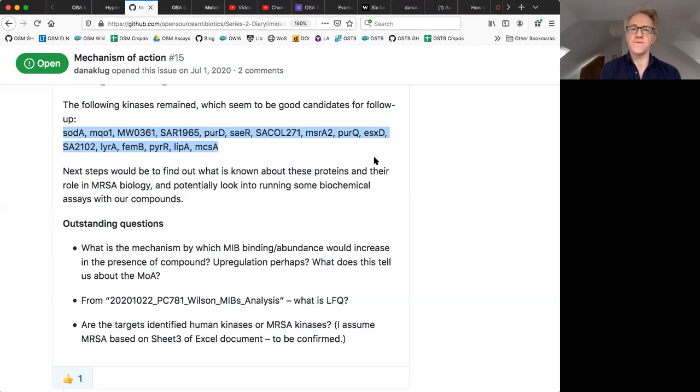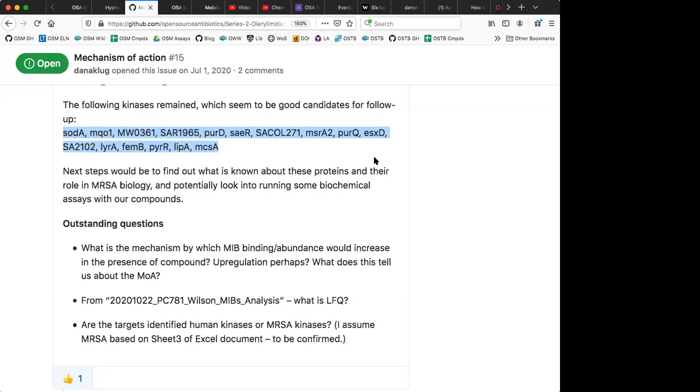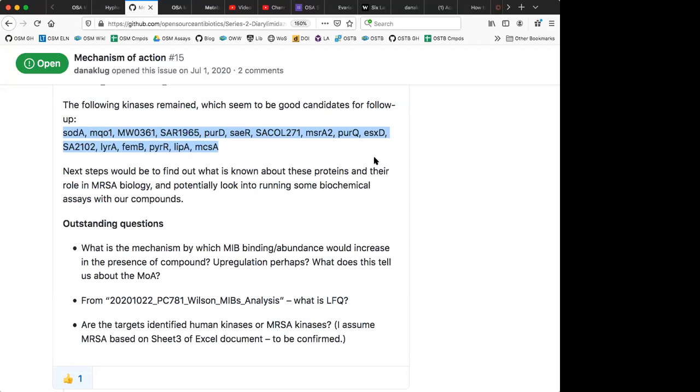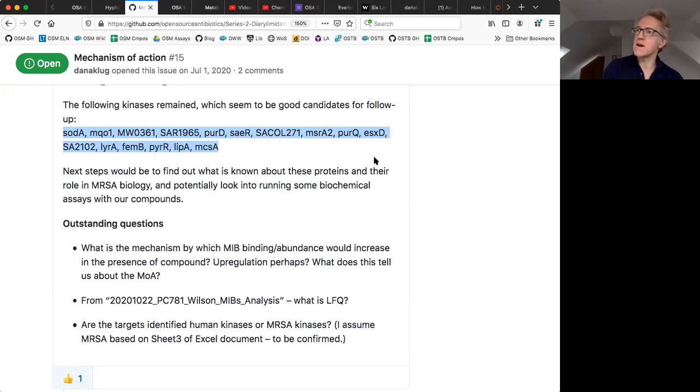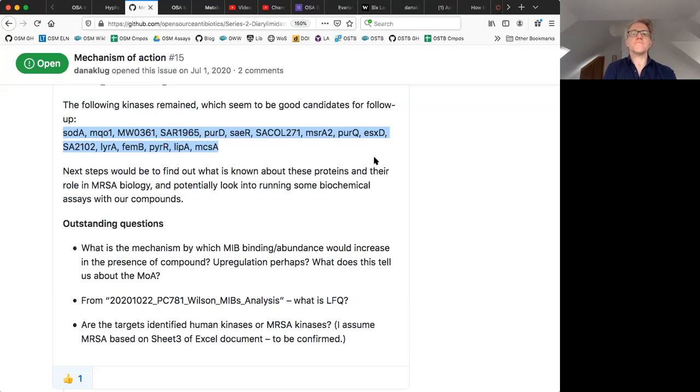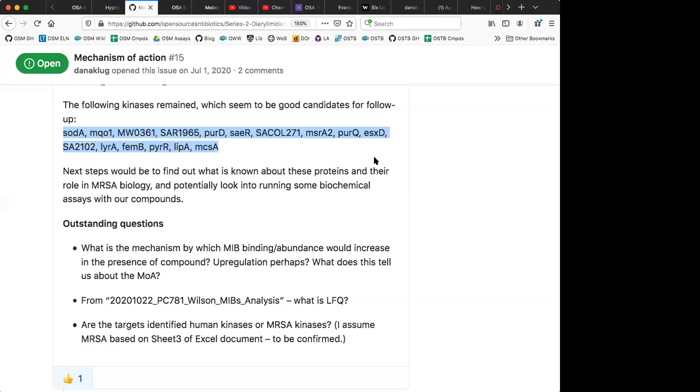So I think that's going to be our first question, isn't it? To make sure that we're dealing with those. Then of course the question is, if we're talking about MRSA targets, what are we going to do? If we have a short list of potentials, can we access those in order to confirm the results? Yeah. We can always try docking first to those MRSA targets. Maybe, but I guess you can only really do that if there are known crystal structures, can't we? Yeah. Maybe for a couple of these proteins.